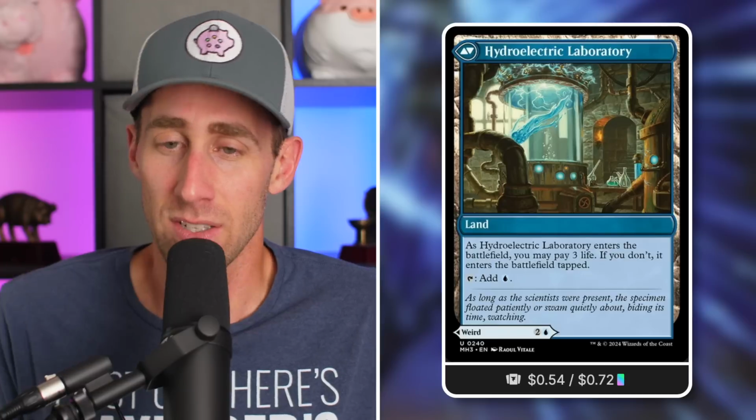Being able to, again, be a land that comes into play untapped, you're not going less efficient. Yeah, you're losing life, sure. Life is a resource to use in Commander, though. Oh, Lightning Bolt myself, whatever. I'm down to 37, okay? I'm fine. So yeah, use it as a land when you need to, but also it's just a counterspell